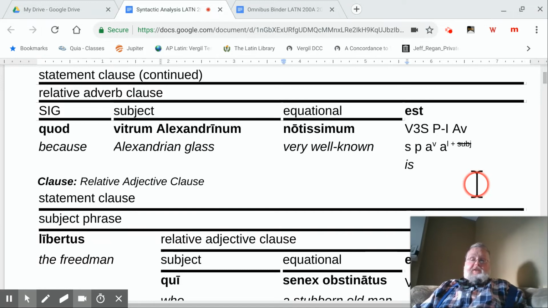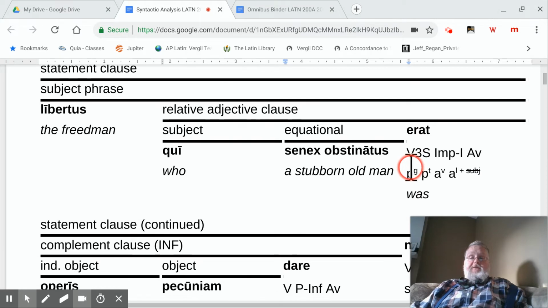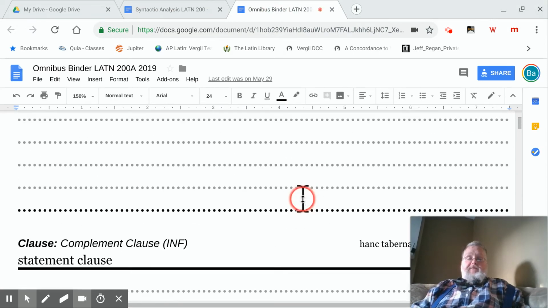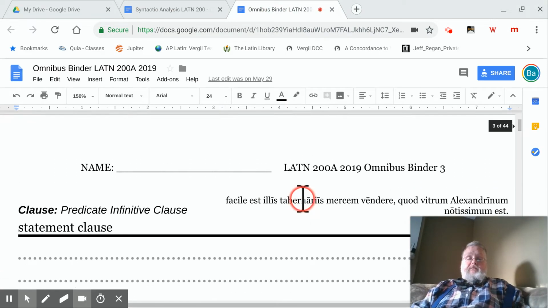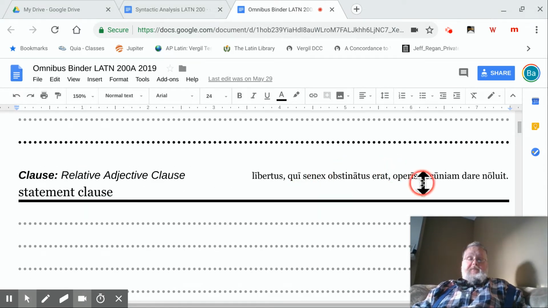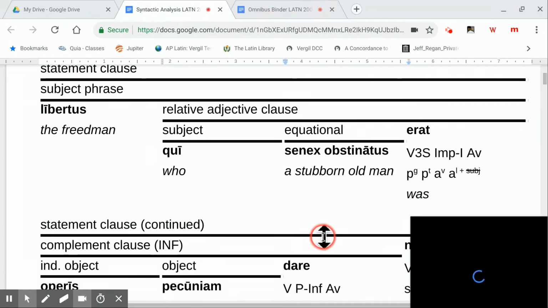Now this next clause here, let's play with the relative adjective clause. So we have the sentence in your omnibus binder of the libertus. There it is. Qui senex obstinatus erat, operis pecuniam dare noluit. So you have two verbs, noluit, dare, but you also have the qui clause, a relative adjective clause. So the whole thing would be,